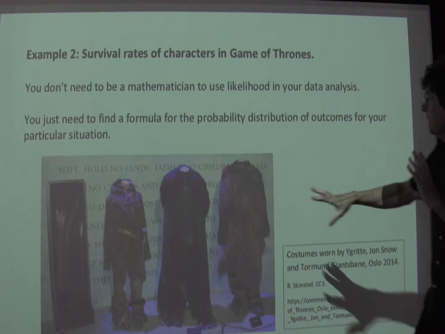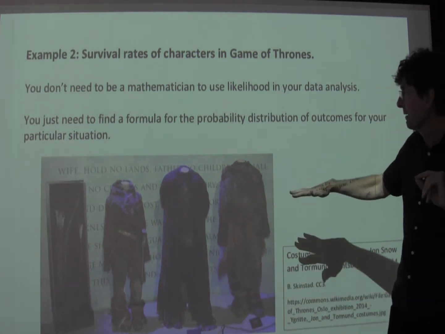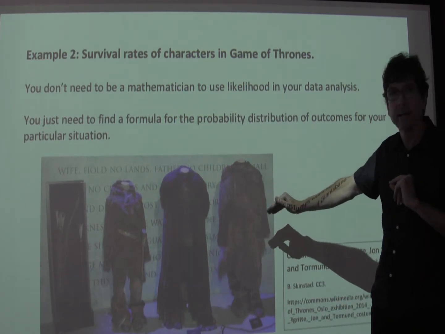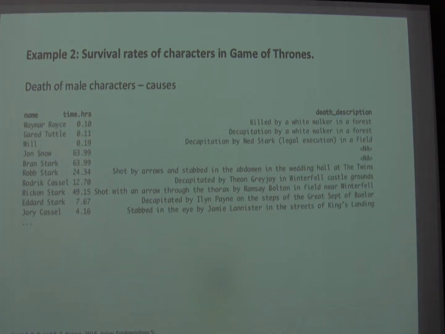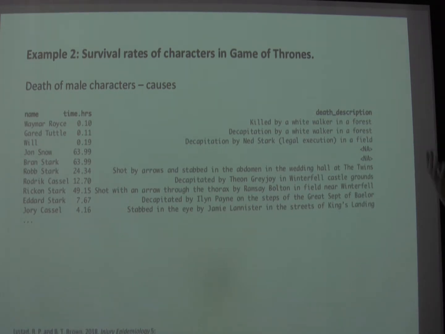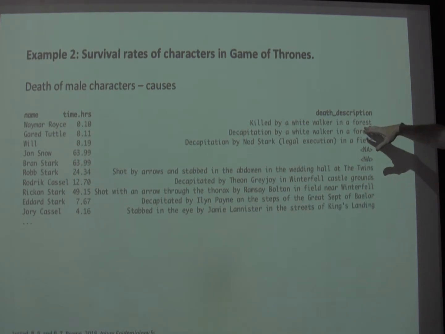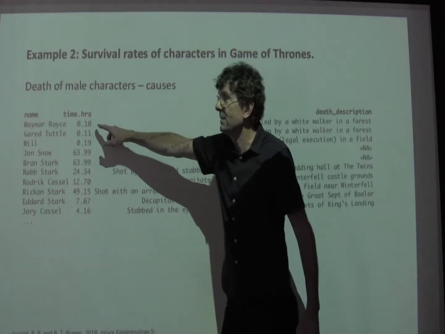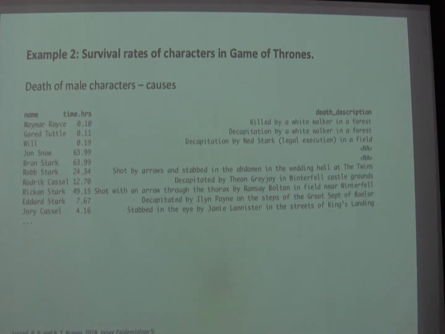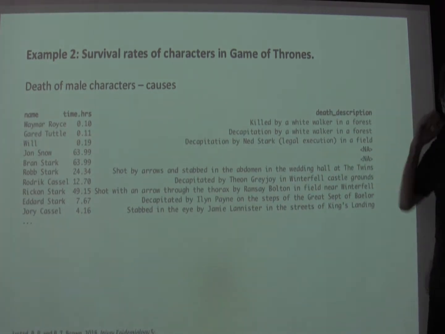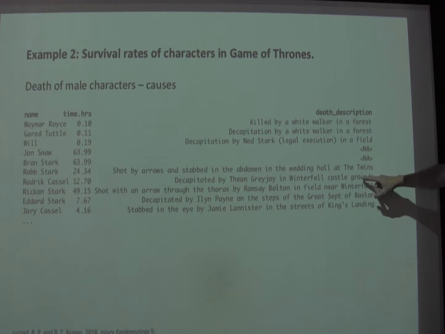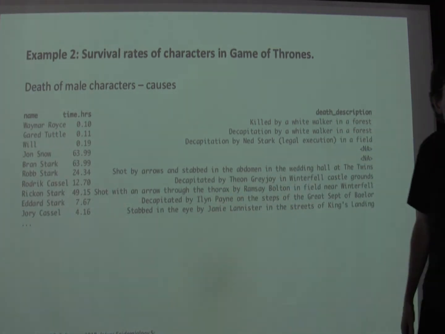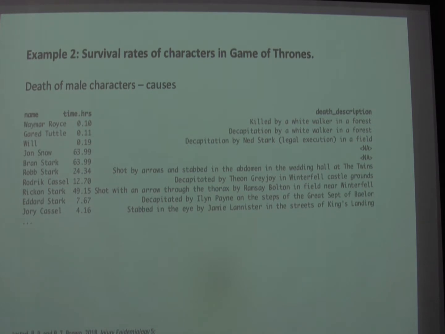It's just the clothing that is being illustrated in this exhibit, but it's also kind of appropriate that these mannequins lack heads. Because when I looked at the causes of death of characters in Game of Thrones, a certain pattern emerges. The first character is actually killed within 0.1 hours of his appearance on the show. The first decapitation occurs 0.01 hours later. And if you actually look at the causes of death, well, there's a theme. Hence the picture.